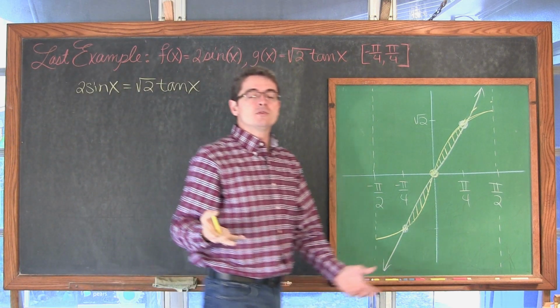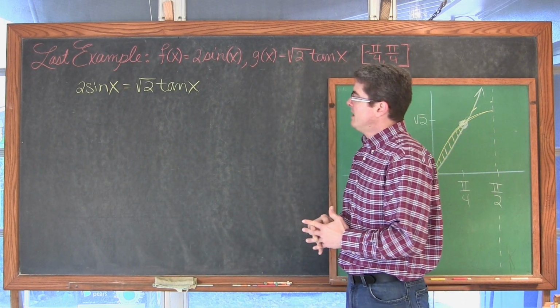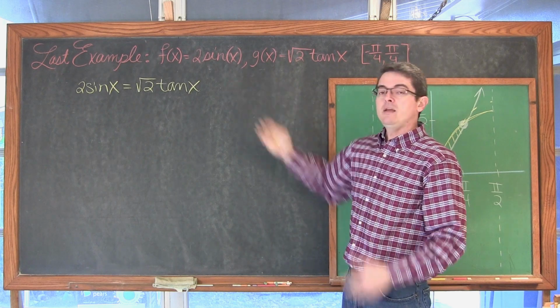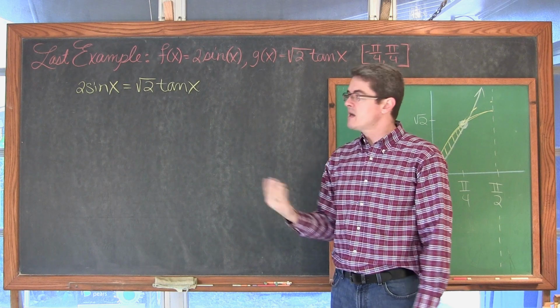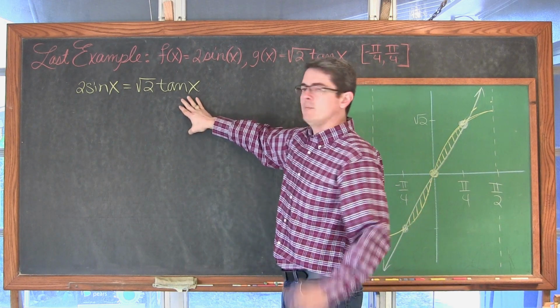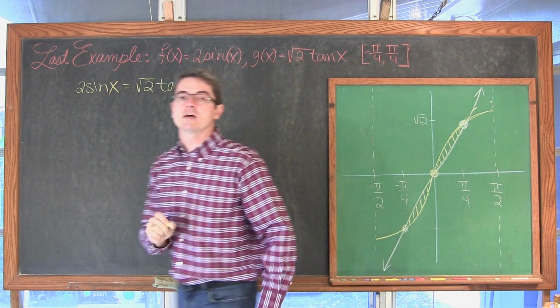Okay, we have an equation with two variables. You can't solve an equation usually when there's two variables in it. Certainly we're not going to be able to do anything here with us having a sine function and a tangent function. So I'm going to do two things. I'm going to move this term over to the left, and I'm also going to write it in terms of sine and cosine.